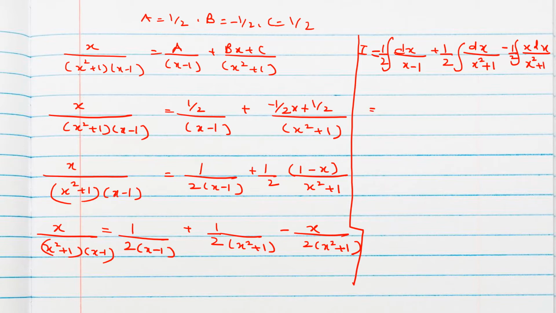So if you see the first integral, we can write log of (x minus 1). Okay. For the second integral, we can apply the formula for 1 by (x square plus 1). Okay. And for the third integral, we can use the formula that is f dash of x divided by f of x is log f of x, because the derivative of the denominator is there in the numerator. Okay. The derivative of x square plus 1 is 2x, and here we have x, so here we can do one arrangement, we can multiply and divide by 2. So before that, or first let me write all the integrals.